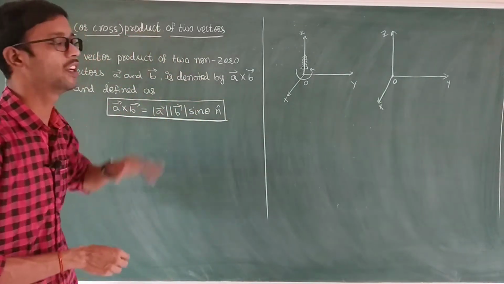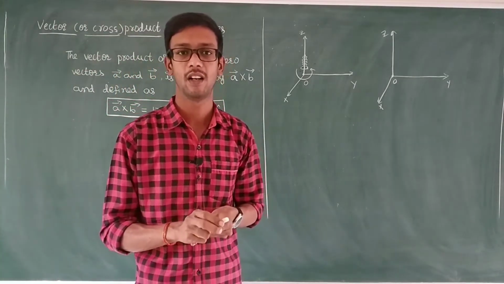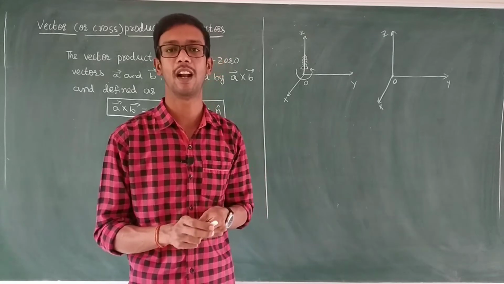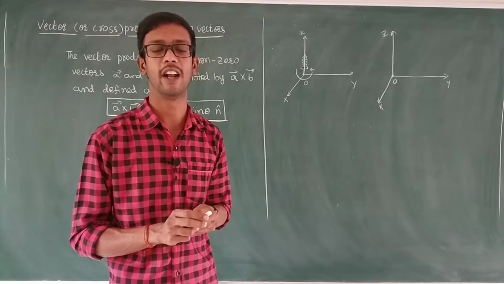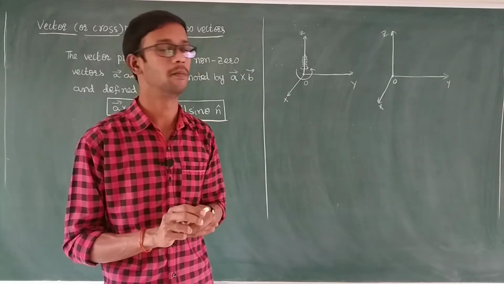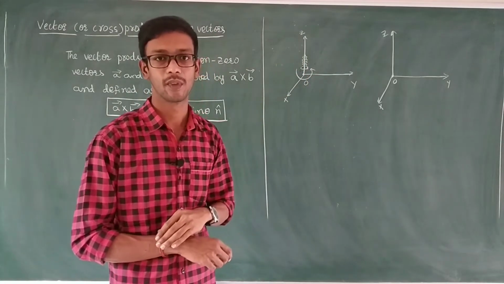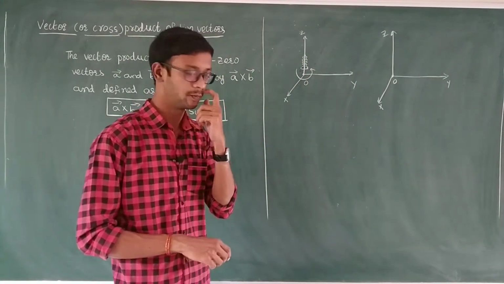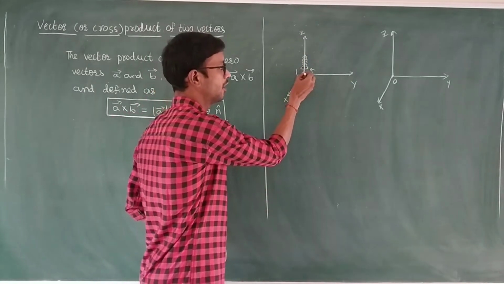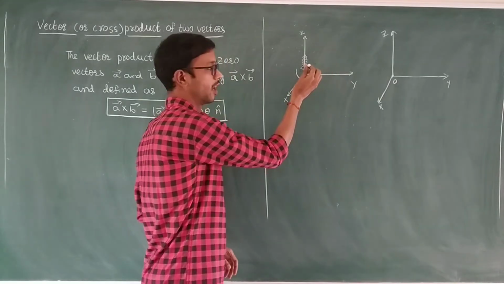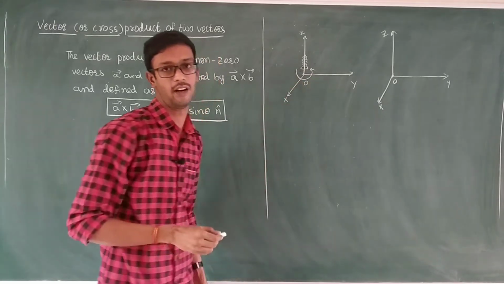Before going to the definition, we have already learned in first year, and at the start of this chapter also, the right-handed system in three-dimensional space. Let me explain with an example. In space, there are the x-axis, y-axis and z-axis. This one is perpendicular. We can't draw it outside the plane, so I am showing it like this.